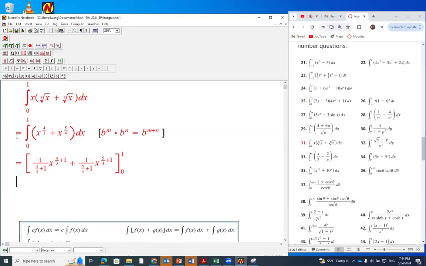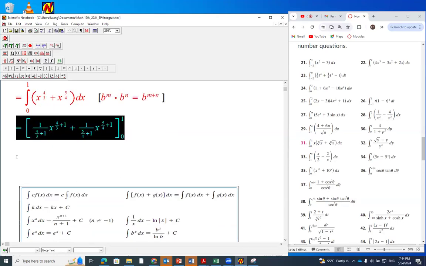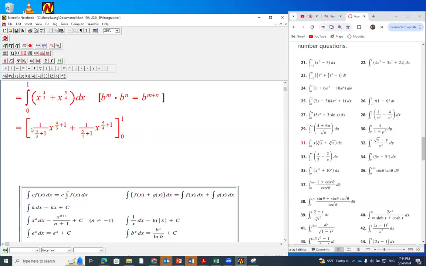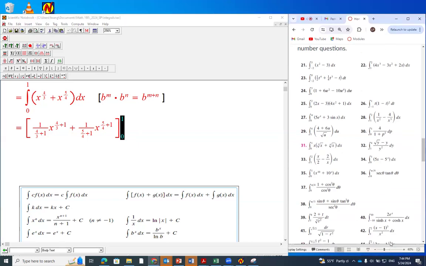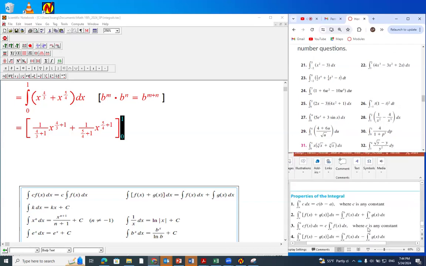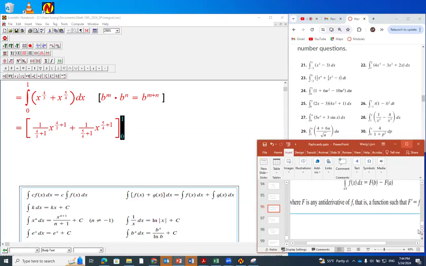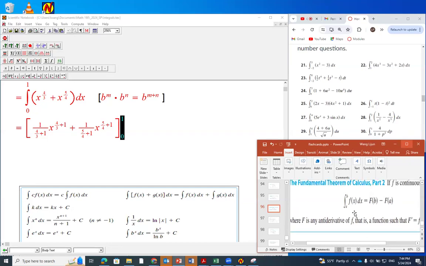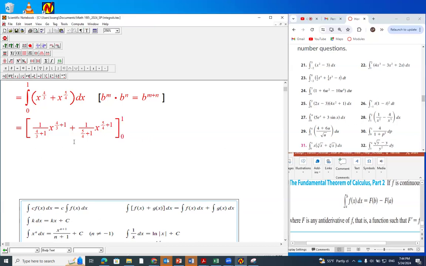All right. So from this step to the next step, you need to be very careful to write it properly. Okay, because there are multiple things to take care of. You need to do the antiderivative. At the same time, you have to apply the fundamental theorem of calculus part 2. Okay, so that's what you have to be aware of. Okay, we're applying fundamental theorem of calculus part 2. So this is how we write it. And next,